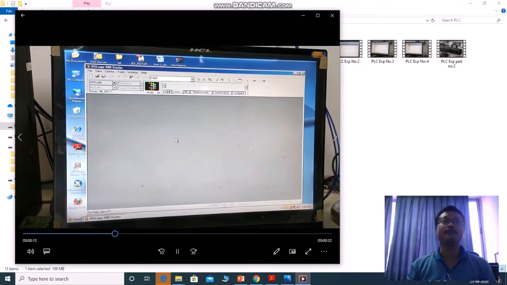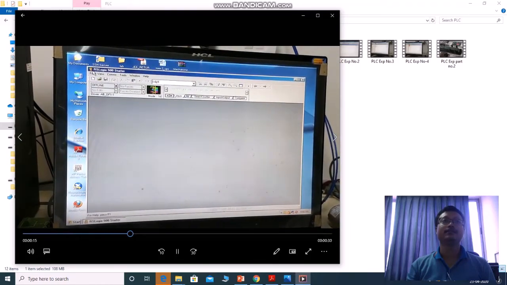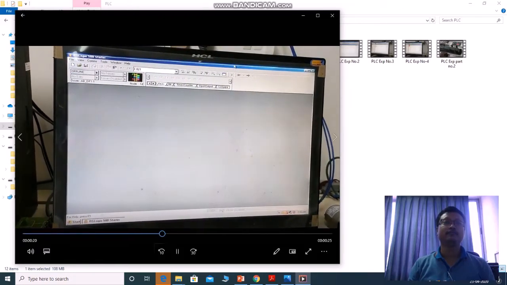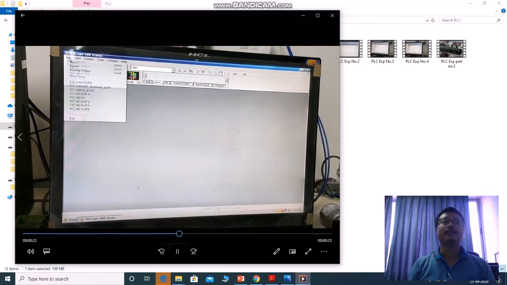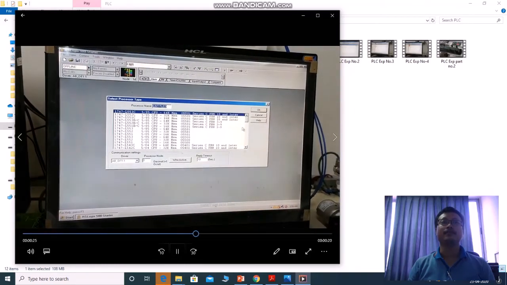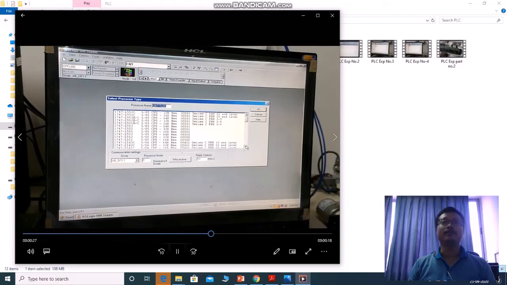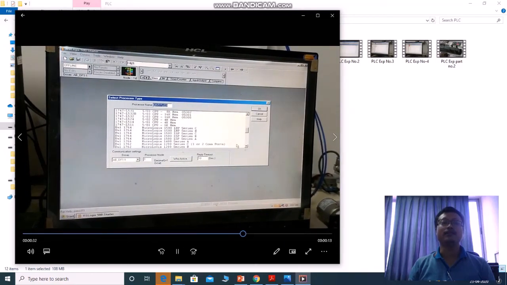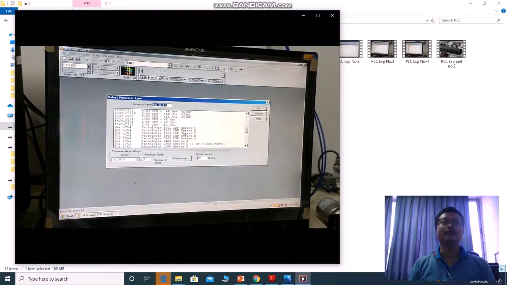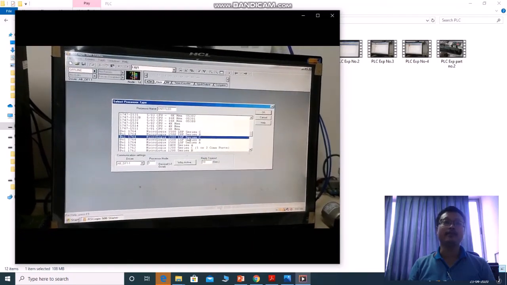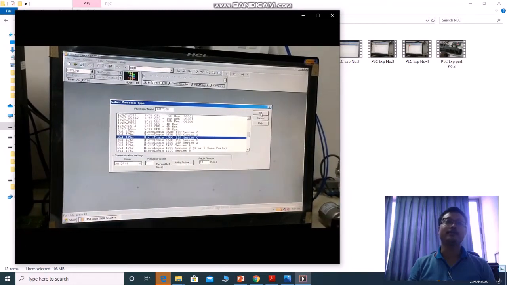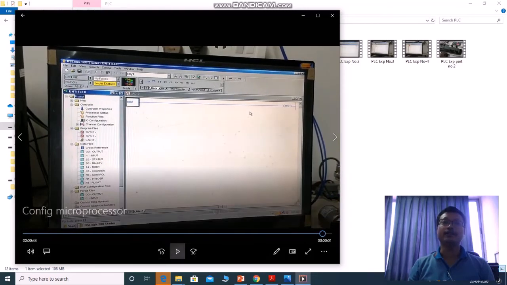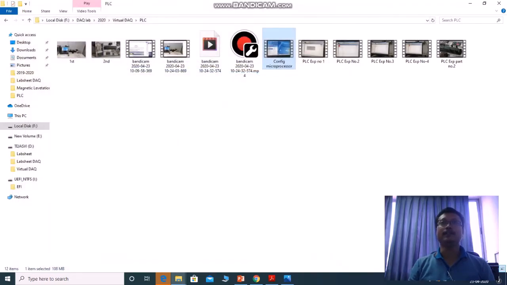From here you need to go to the file menu and select the particular processor, because this software is compatible with many different models of PLC. But whatever type of processor is available with your particular PLC, that processor you need to select first, then only your PC will be able to communicate with this PLC unit and your industrial plant.